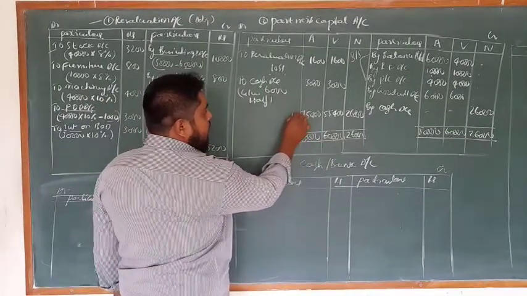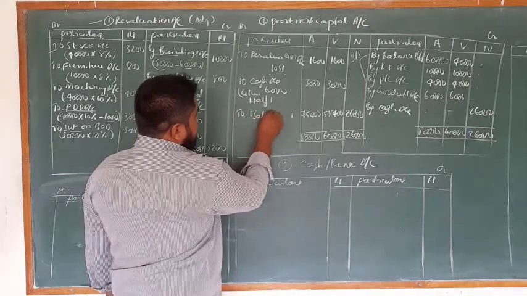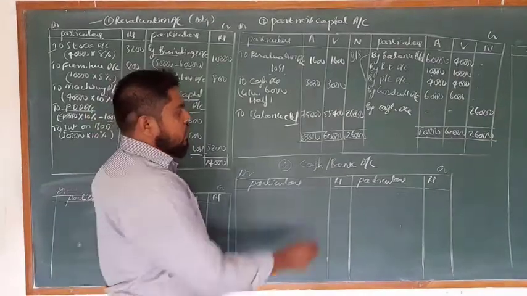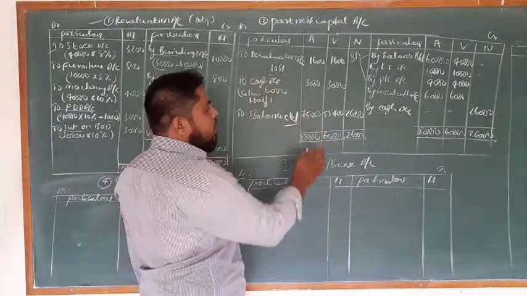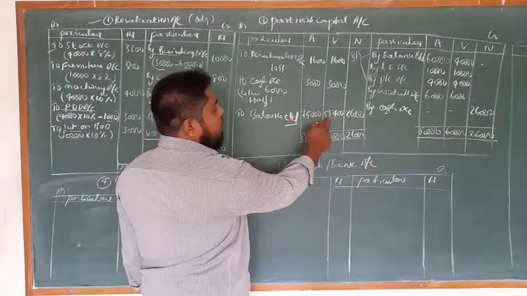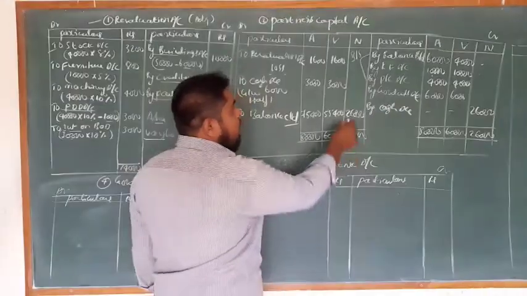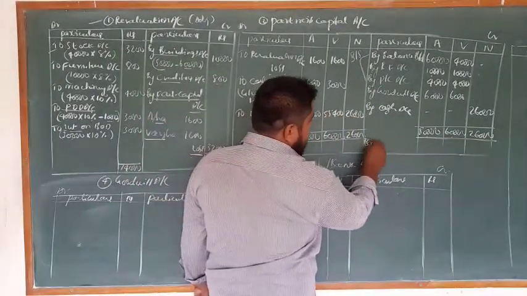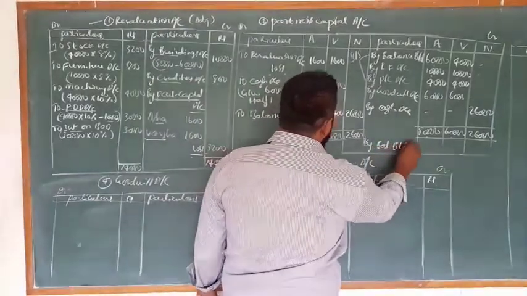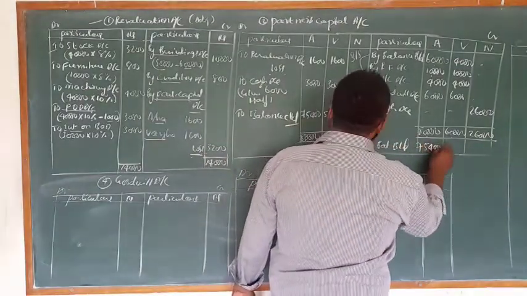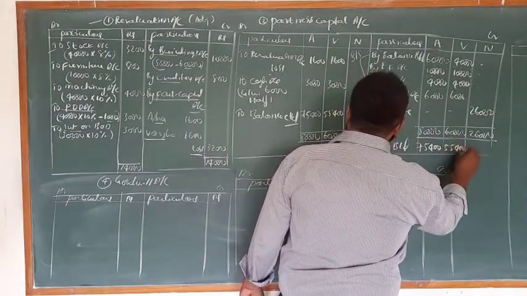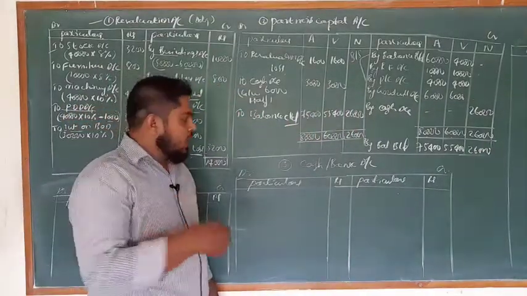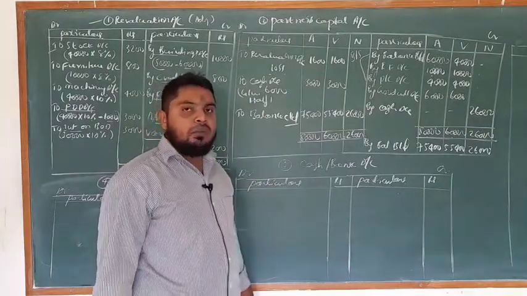So this balance is transferred to the new balance sheet. So 75,400 Varsha, next Asha 55,400, and Nisha, she is a new partner, so that is 26,000, transferred to the new balance sheet. So you transfer here, balance brought down 75,400, next 55,400 and 26,000. So this is about partners' capital account. Next, how to prepare a cash and bank account.